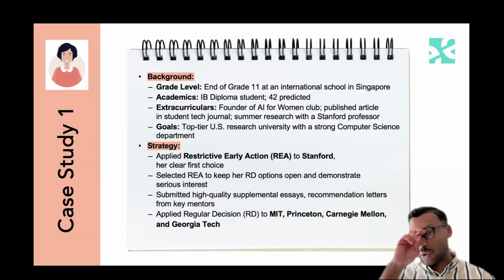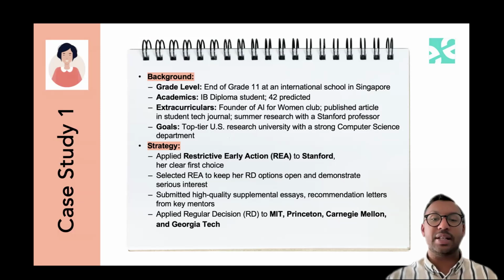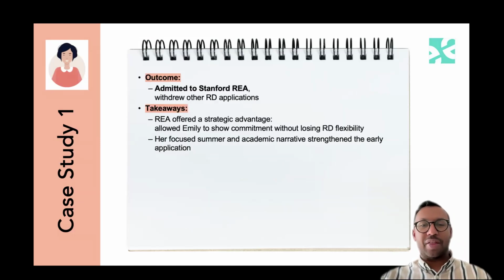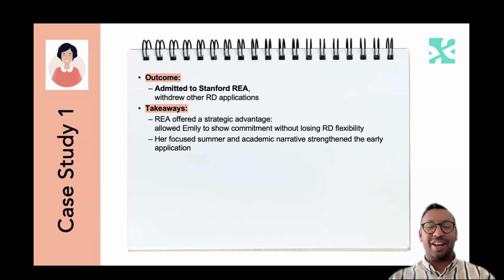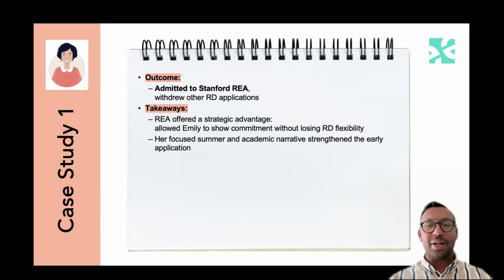Just want to go back to this really quickly. So again, you can see here highly selective schools, but at the same time, there is some variation. And this is not the complete list. There are likely at least another 5 universities on this list that shows that balance that I was speaking about earlier. For this particular student, they were admitted to Stanford in REA and then withdrew all of the RD applications because they were willing to commit and really eager to commit to Stanford.